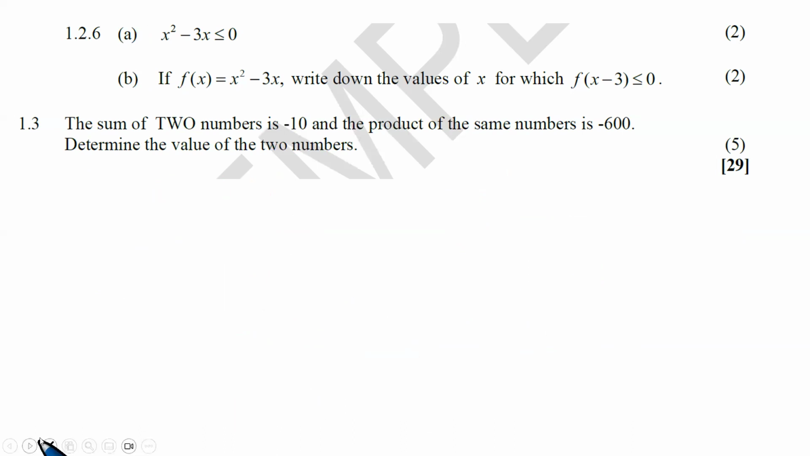Next problem. In 1.2.6 part B, if f of x equals x squared minus